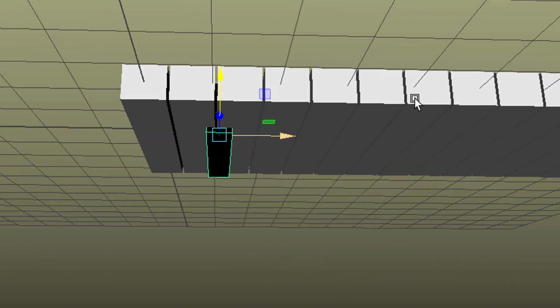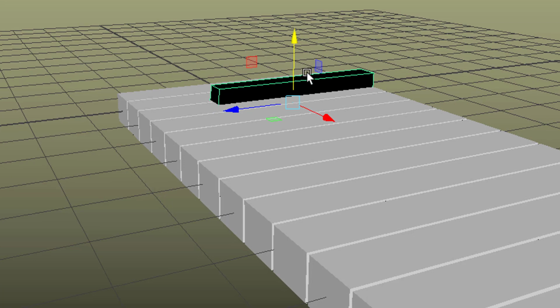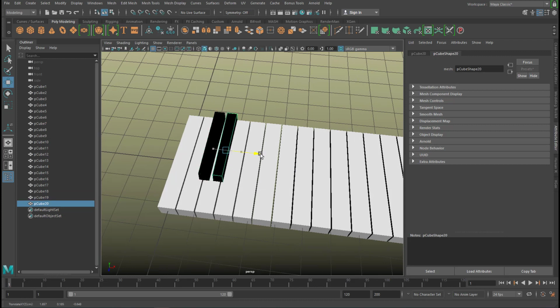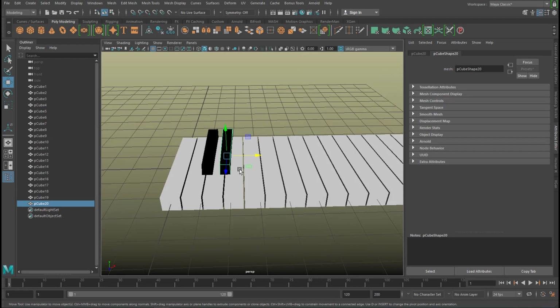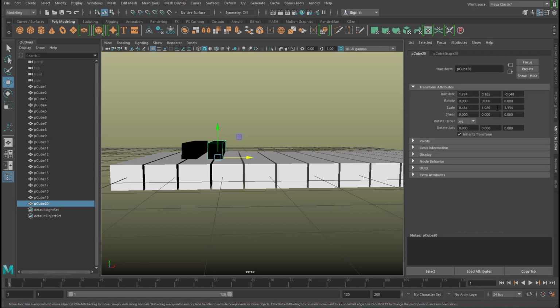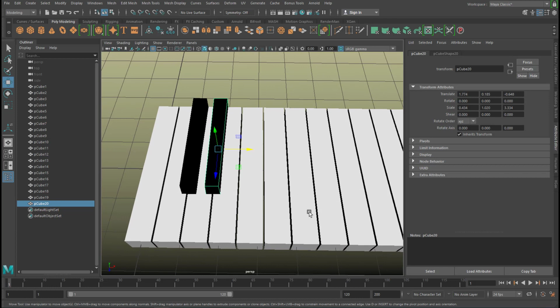I want it to stick out at the bottom for a certain reason, which you will see in a second. I do the same thing as I did with the white keys. I duplicate it, Control D, and I move it to the right, like this. To move it precisely, you could translate it in units. For example, translate X would be 1.774, but I'll do it just feeling wise, and this is how I do it. I duplicate it again with the Shift D key,